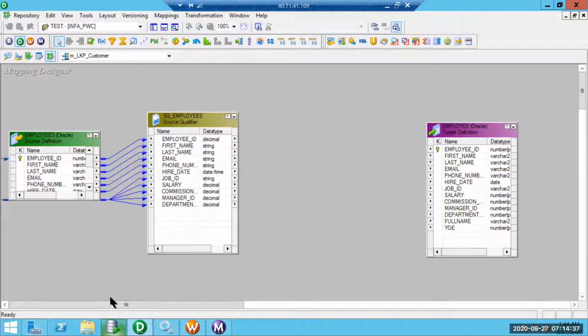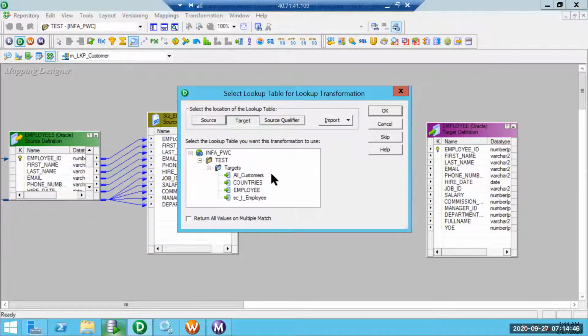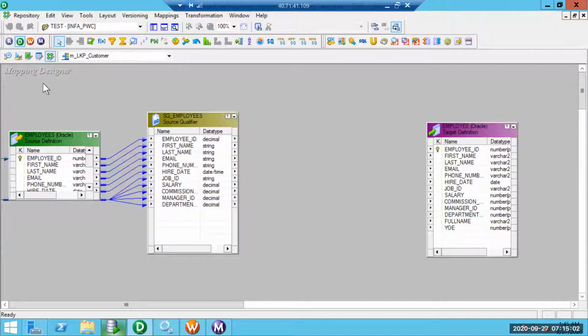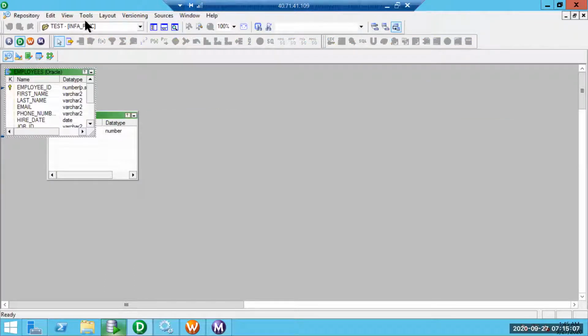First of all, we'll see how to configure an unconnected lookup transformation. As usual, we'll create a lookup transformation. Probably I will choose department. If we use import from here, we will not be able to use it multiple times; if the same lookup needs to be used in multiple places, it is not feasible.